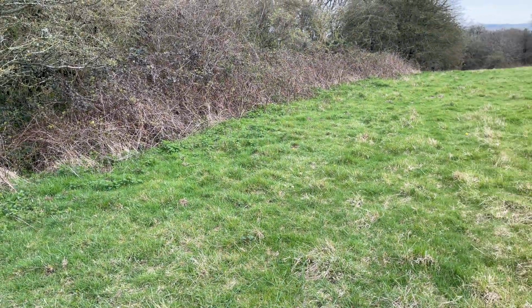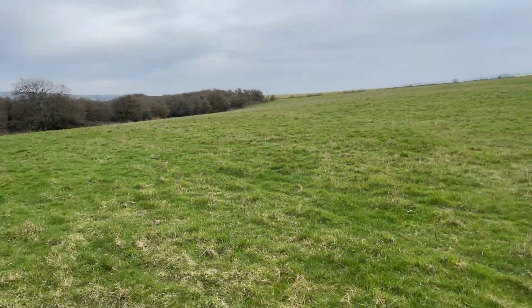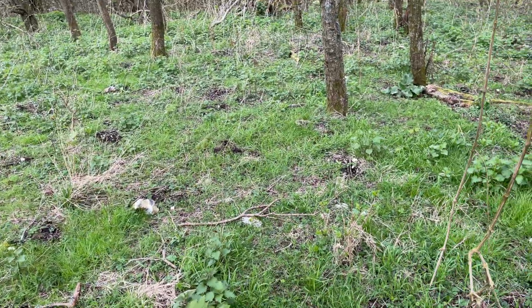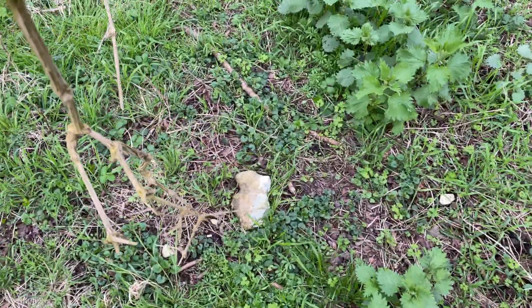So I've come off the trail. I'm about 13-14 miles in on today's walk, and I'm on what looks like, on first appearances it could be okay, but I might as well just show you, it is private land. There's a public footpath that runs through it. It's not strictly open access land. It's a bit exposed. Can't find anywhere suitable to tuck myself away. It's a bit hilly, and also the ground has loads of rocks and stinging nettles and stuff,